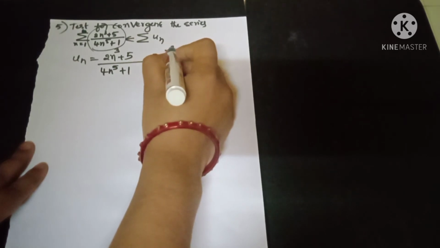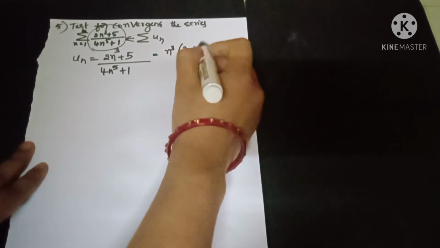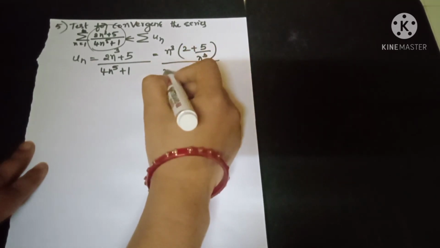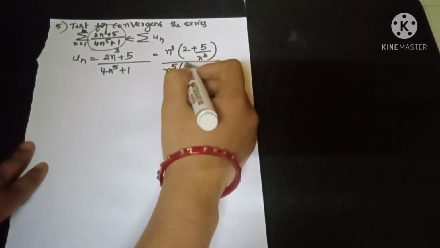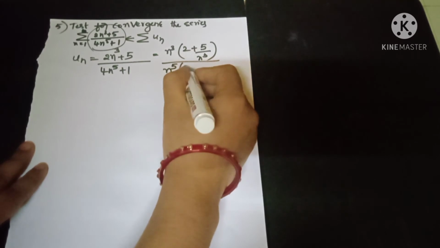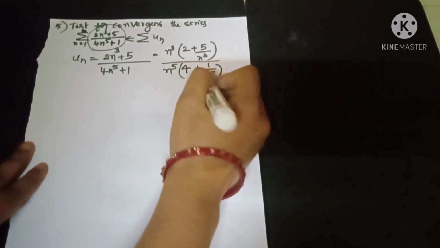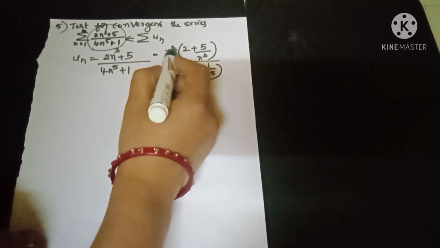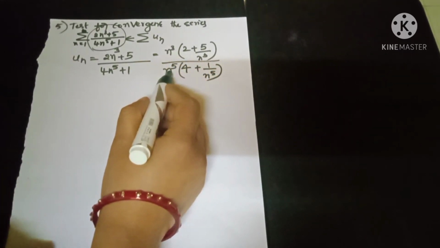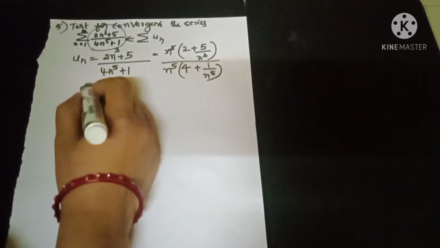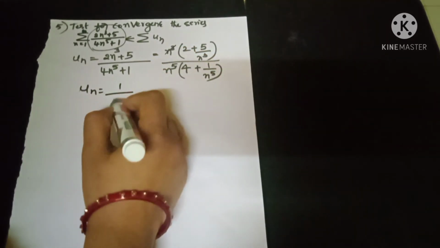Take n cube as common in the numerator, then we are left with 5 by n cube, and n to the power of 5 you take as a common factor in the denominator, then we are left with 4 plus 1 by n to the power of 5. The numerator n cube cancels with the denominator n to the power of 5, and we get un is 1 by n square